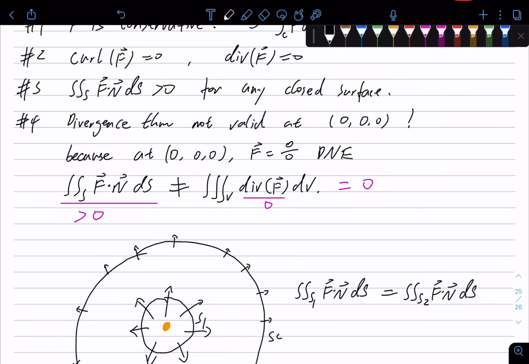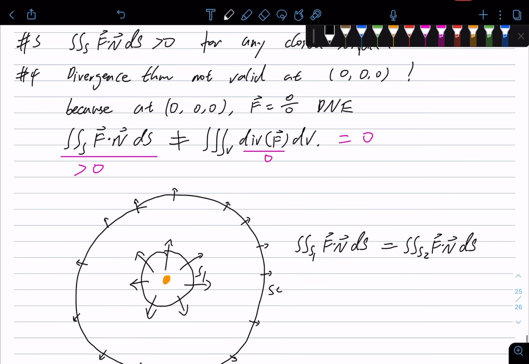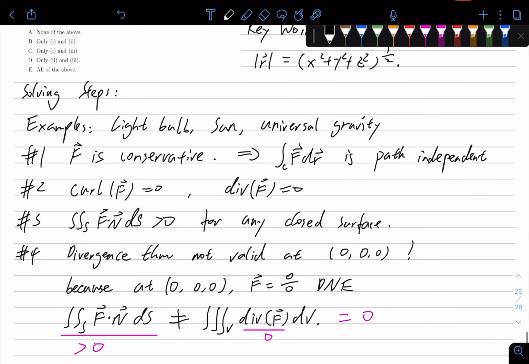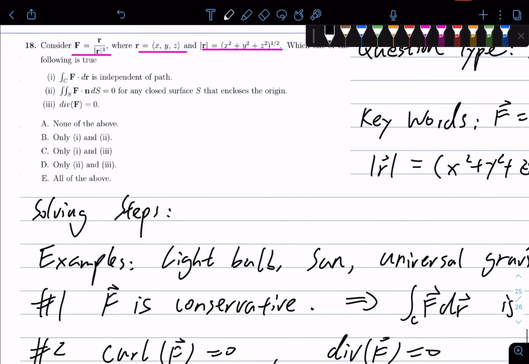So I hope my illustration shows you why the divergence theorem is not valid at the origin. Okay, so based on these 4 properties that we have, we can go ahead and take a look at the